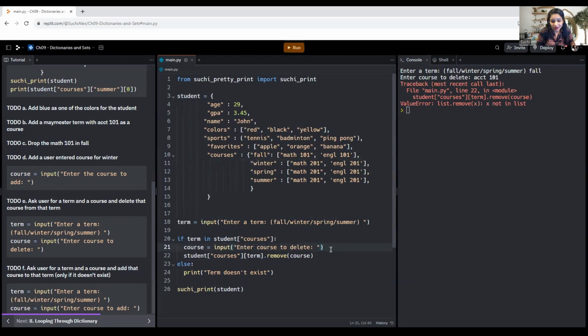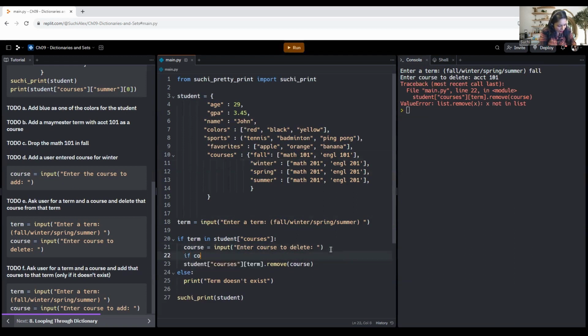So again, what we do is, if course in the name of the dictionary is student and the first level is courses. The second level, now we have to see, we can't just look in courses, we have to see in this particular term that the user entered. So if the user enters fall, we have to check in courses in fall, is Accounting 101 available